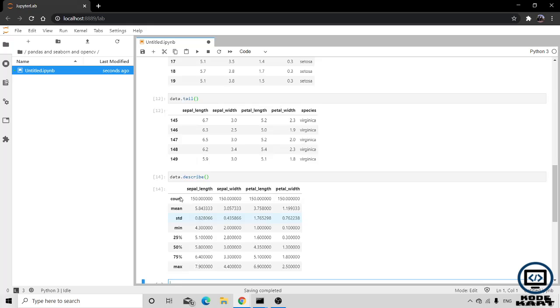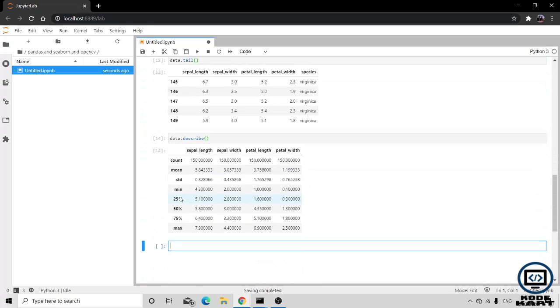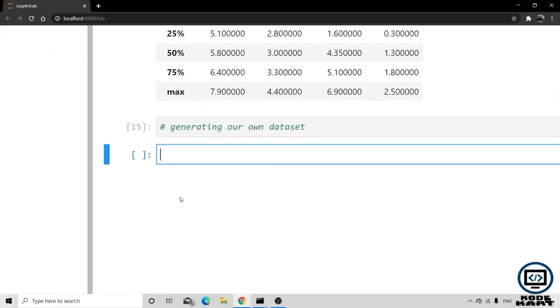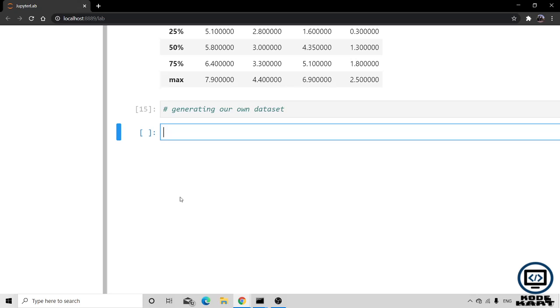Okay. Now, this is the second topic that we are going to cover in pandas, that is generating our own data set. If you want to generate our own data set, first of all, I want 2 lists. You can generate 2 lists with the help of numpy. import numpy as np.